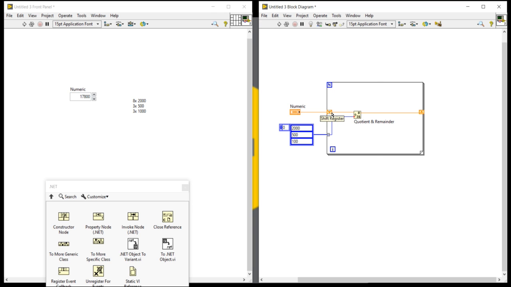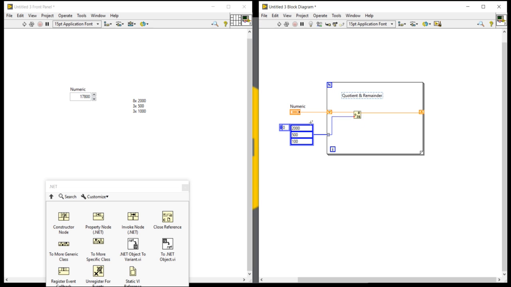Now my 1800 rupees will be divided by 500, so the quotient will be 3. Now the third time the 300 will come here and we will divide the 300 by 100.